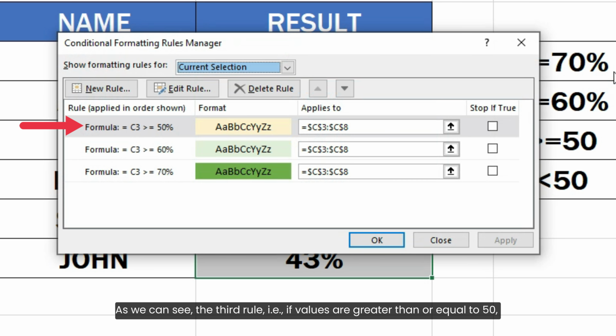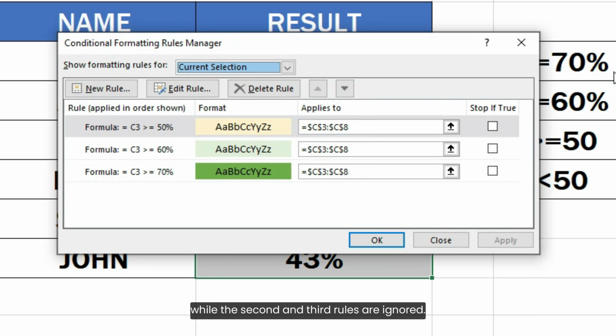If 2 or more rules conflict with one another, the rule that is higher on the list is applied and the lower rules will be ignored. So, if the value is greater than or equal to 50, the first rule is applied while the second and third rules are ignored. To fix this, I will rearrange the order of the rules by selecting them using the